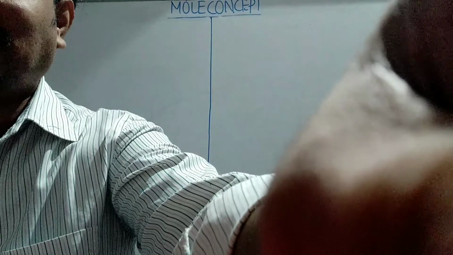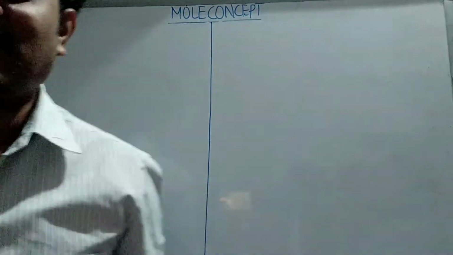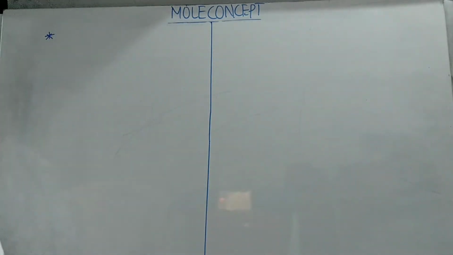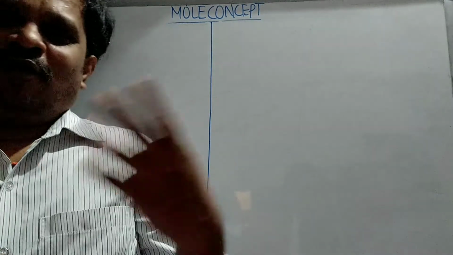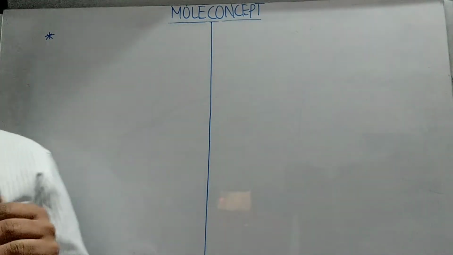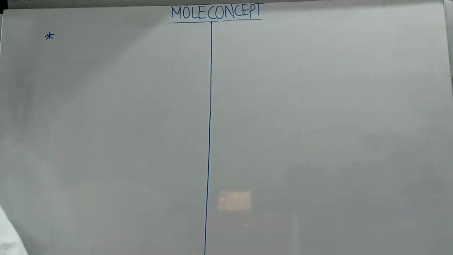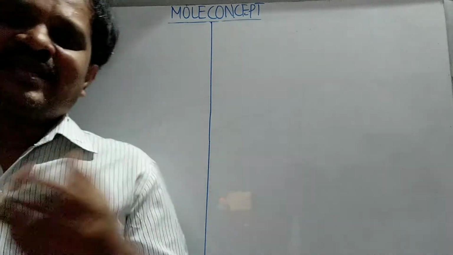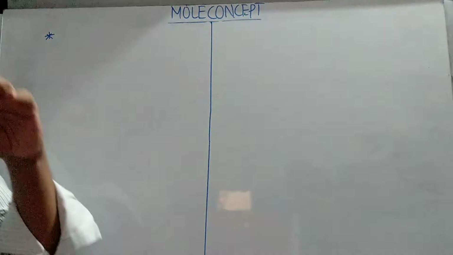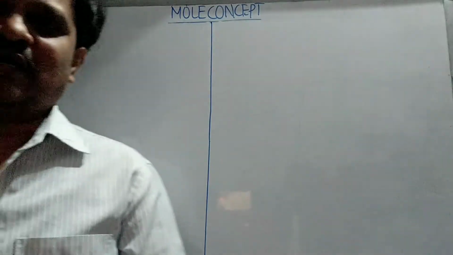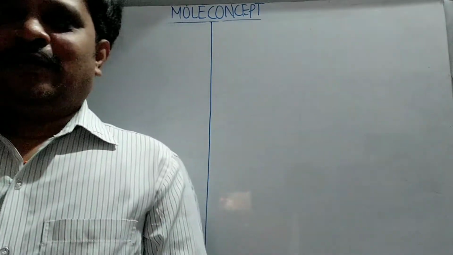So, in the last class, we were dealing with the mole concept. We are in that topic only. I discussed some basic things about the mole concept. We learned about atom, atomic mass, and the definition of a mole in the last class. So in this class we are going to learn some different definitions like gram atomic mass and gram molecular mass.